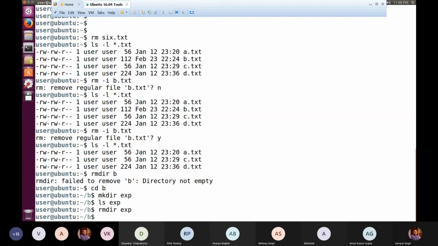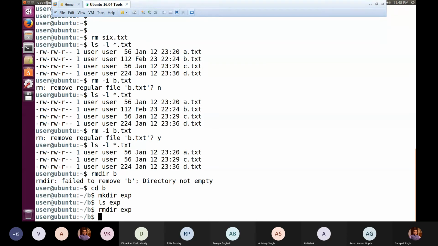Similarly, rm, which is basically meant for removing any regular file, can also be used for directory, and there you have to use a switch called -r. That stands for recursively. So if we write rm -r and we give the directory name, that means from that point onwards everything will be deleted, and you don't need to vacate the B. Actually, you are mentioning B as a root, and from there onwards whatever tree structure has been created, the entire tree structure will be deleted including B.